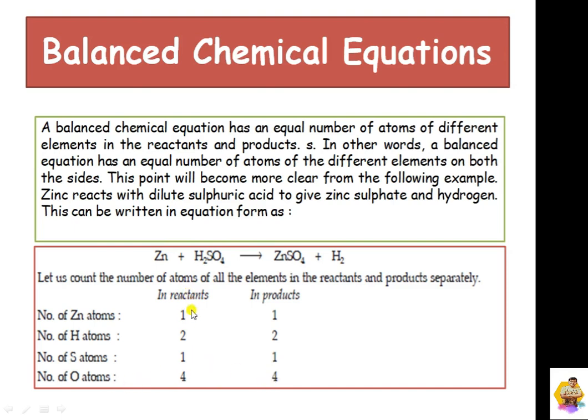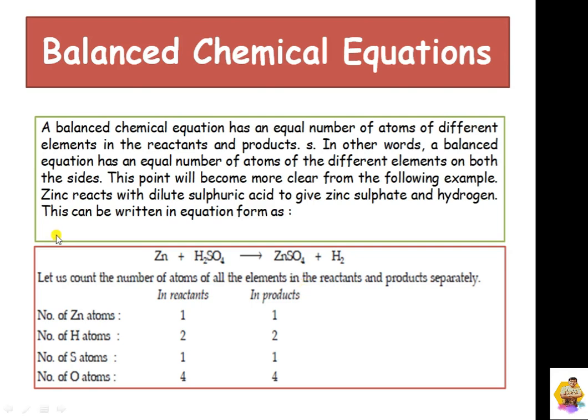So the number of atoms in the reactants, that is on the left hand side, is equal to the number in the products on the right hand side. This type of chemical equation can be called a balanced chemical equation. It satisfies the law of conservation of mass, which is very important or necessary while writing chemical equations. Every time we cannot observe this kind of thing. It is basically a pure coincidence that it is already balanced.